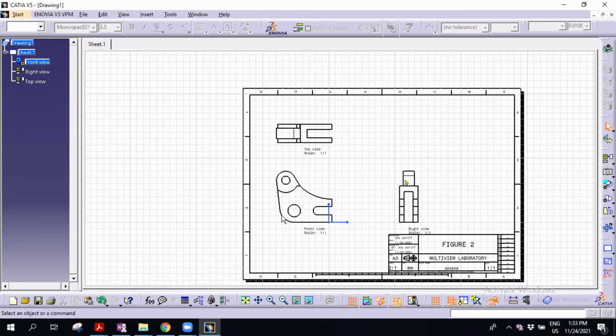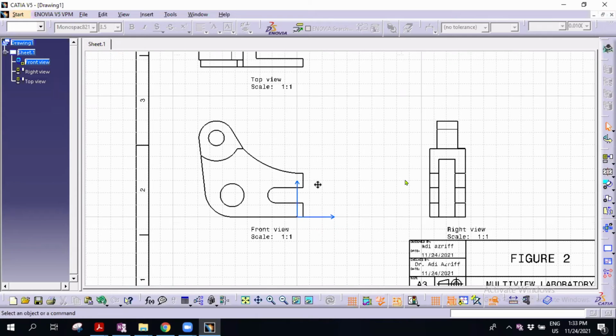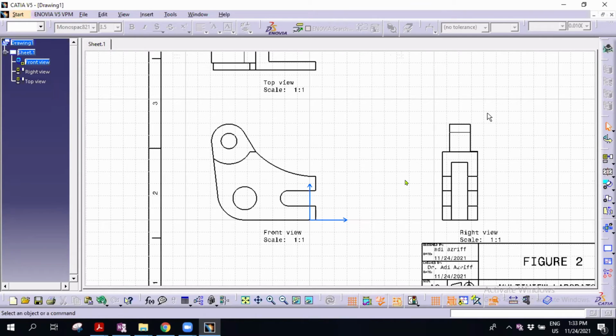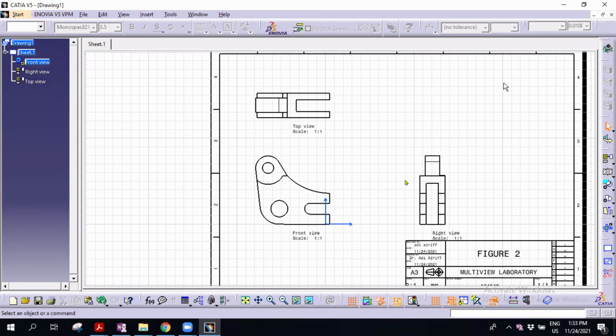More than that, what is missing? Hidden line, beside hidden line. Ibrahim, beside hidden line, what? Ibrahim, are you here? Yes, Doctor. Beside hidden line, any line missing? Just now in my lecture, I said about three main lines. One is the object line, which we already have here. Someone just now, one girl said hidden line. There is another line. What is missing?